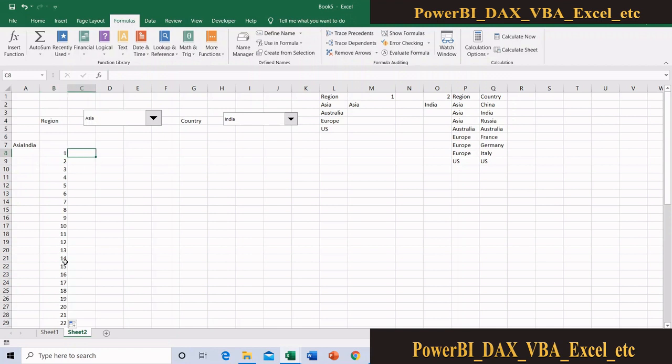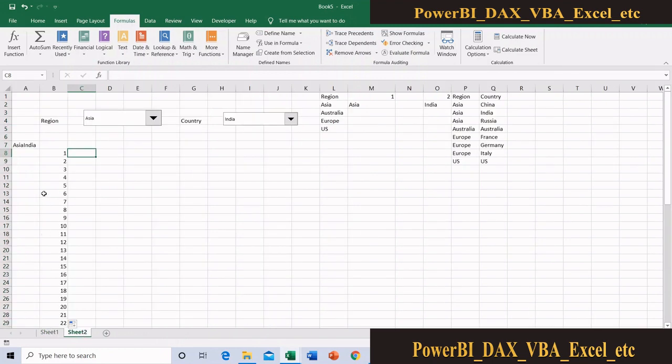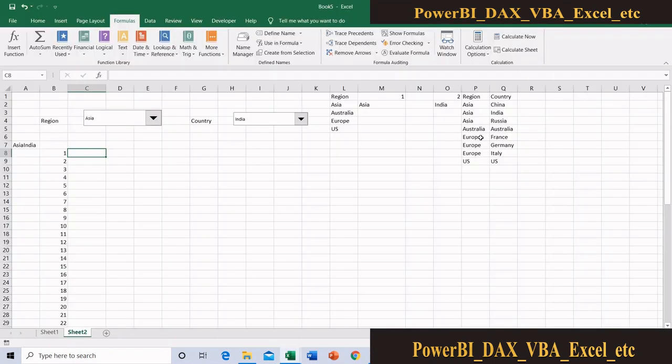Then again I need to match the key. Here it is Asia region country 1, region country 2, region country 3, like that I need to make. So I am creating the same keys here as well, is equal to Asia India and this one. Here I need Asia India 1, Asia India 2, Asia India 3, etc.